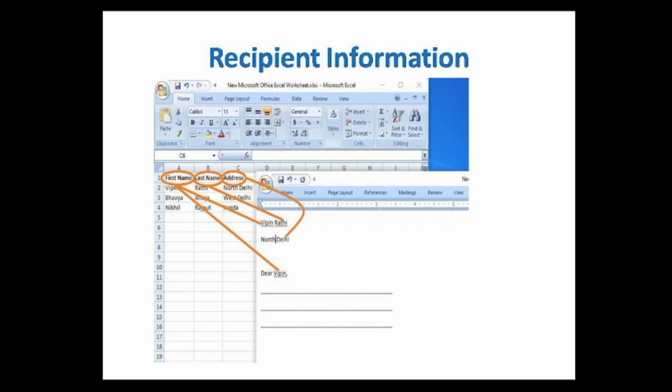It is used for filling the values in the placeholders. It can be addresses on envelopes, greeting lines in a letter, etc. A recipient list can be any file that organizes recipient information into columns and rows. As I already mentioned, it can be Excel, MS Access, or your Outlook contacts, or your Google Sheet, like that. You can use an existing recipient list, or you can create a new one.